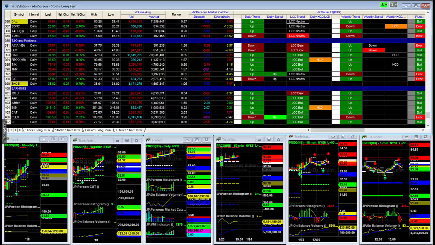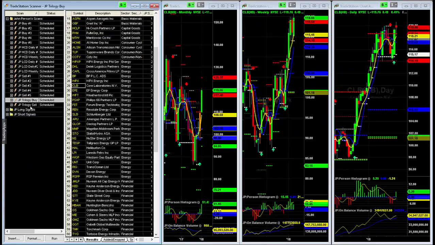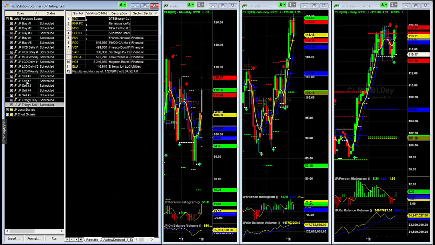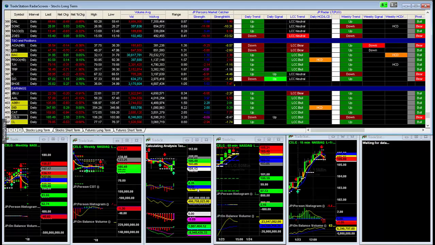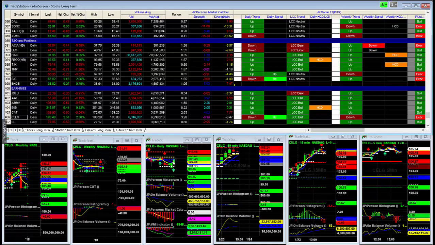We talked about this earlier about the scans with the trilogy, buy and sell scans. So not only will you have those two scans for additional filtering of better buy or sell signals if you want, but also to find out if we are getting brand new buy and sell signals, not just by a breakout on a buy signal, but is it a buy signal that's breaking out above a last conditional change resistance?